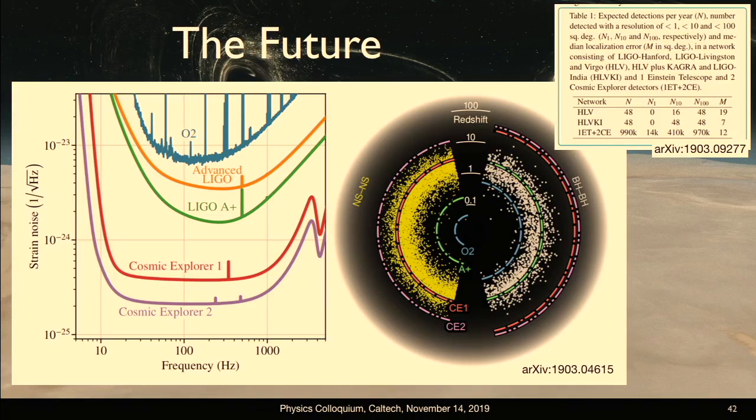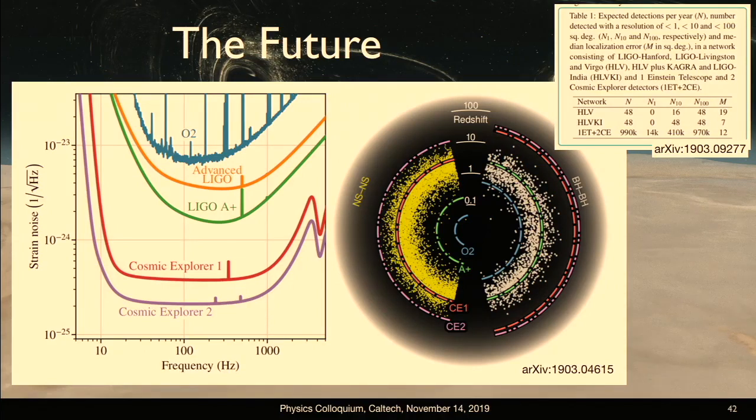Now, it's not only important to have sensitive detectors. We need multiple detectors to be able to localize the position of the source itself and enable more of these multi-messenger follow-ups that we had for GW150914. And so that's why our upcoming 2G network is going to include Hanford, Livingston, Virgo, KAGRA, and India. I forgot to mention India as I was talking about the network. So this is a plan to bring an A+ type detector in the A+ timeline, so 2025 roughly. A detector similar to A+, so same configuration, but located in India. And that will add another component to the network that will give the ability to disentangle polarization and localize